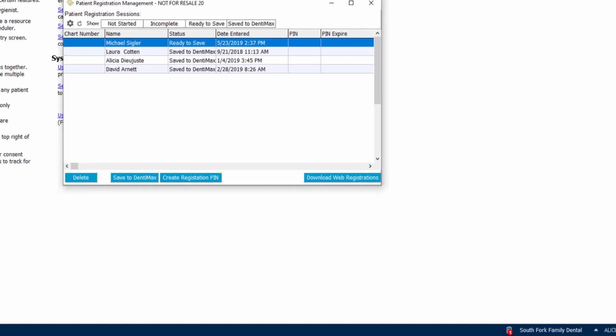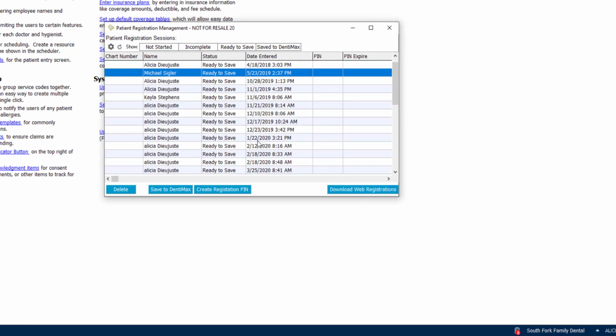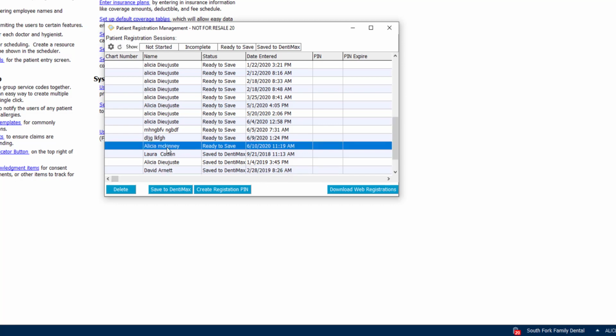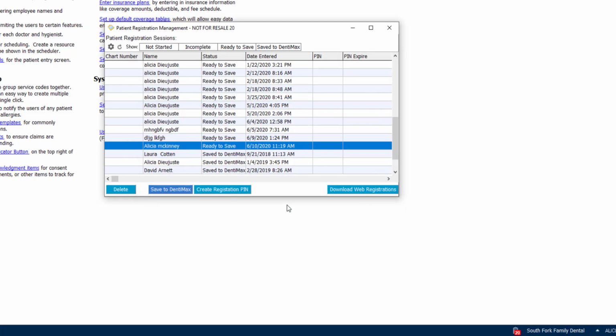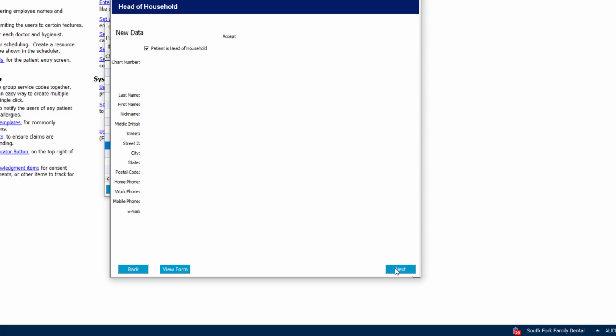Going back into DentiMax, in the bottom right corner is where the clipboard is, and that's where we're going to see our registrations. So I select that, click Download Web Registrations, and you can see all the registrations pop in. I'm going to scroll down to the bottom to look for the newest ones. So here's the one I just completed. I'll click Save to DentiMax, choose a patient file to save it to, or create a new patient. Since I did the online kiosk, it'll be for new patient data. You'll be able to review everything that they entered. Click over to the next page,